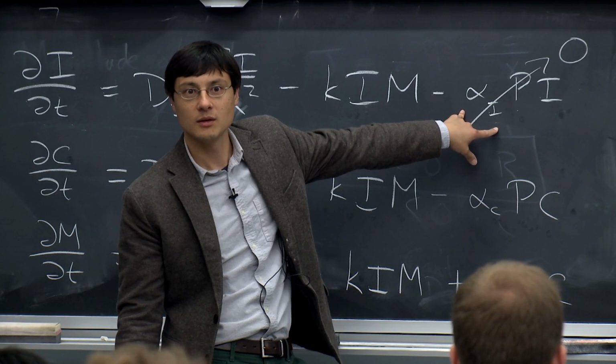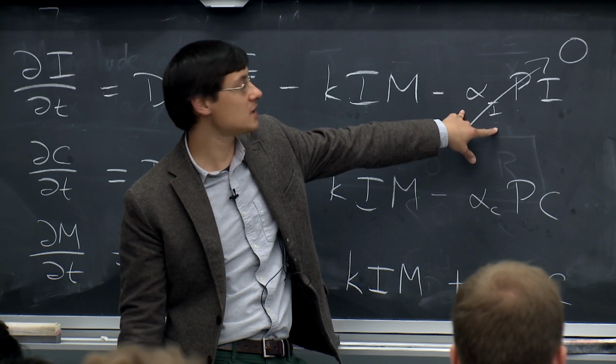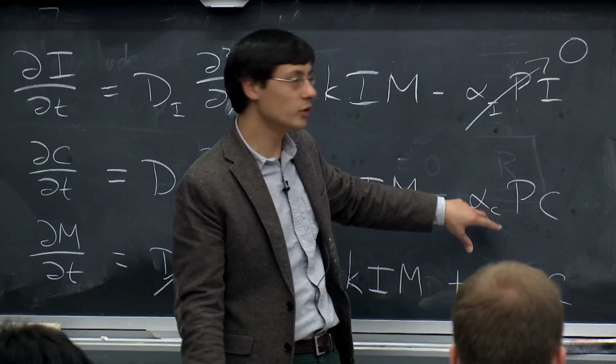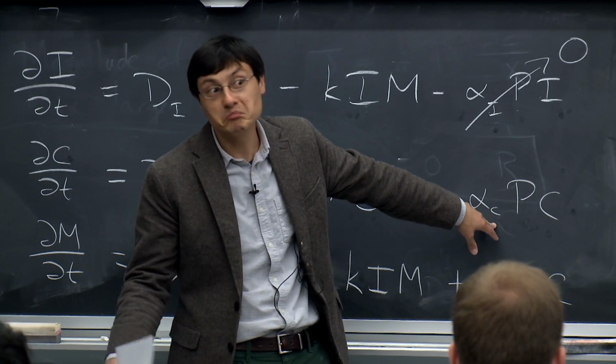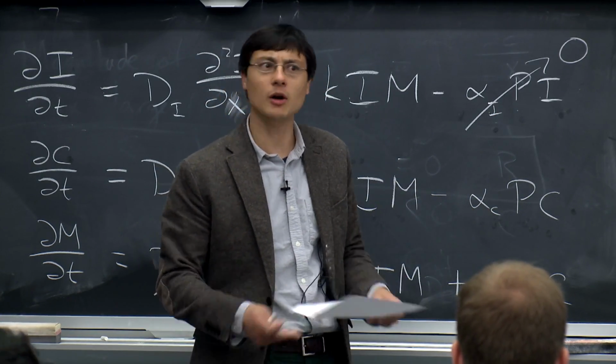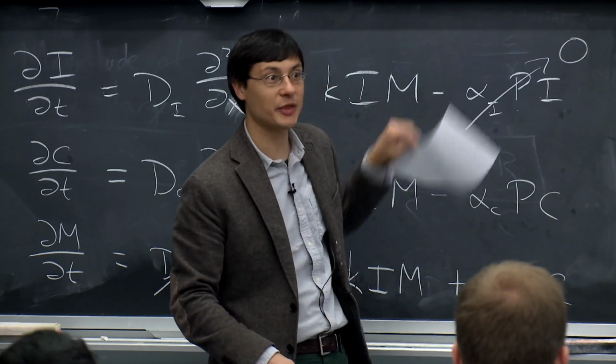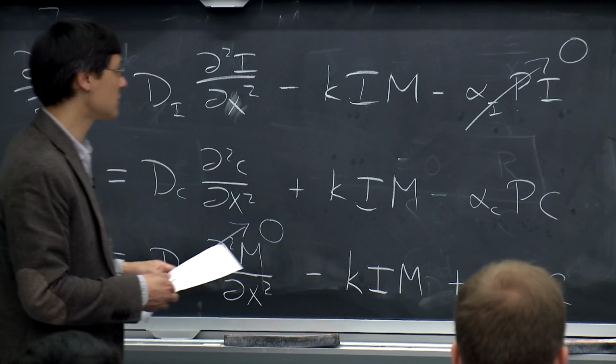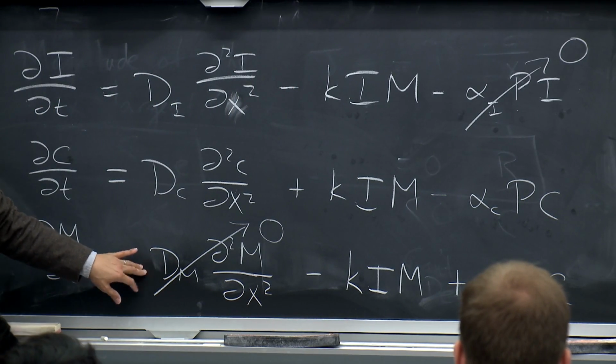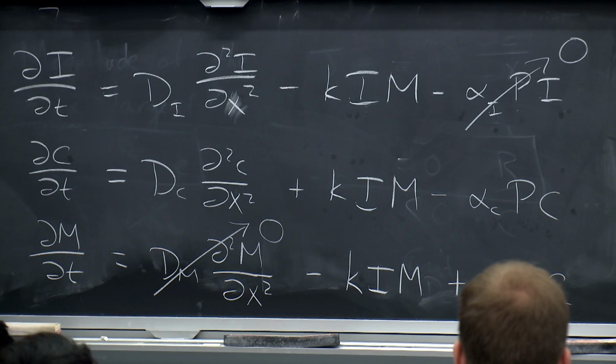Protease doesn't degrade the inhibitor on its own. That's right. The protease doesn't degrade the inhibitor on its own, only when it's part of the complex with the morphogen. Okay. And actually, apparently, there was experimental data already indicating that was true. So you could have, if you wanted to, just written the model without that, because there was already evidence for that. But I'd say this is a pretty weird thing,